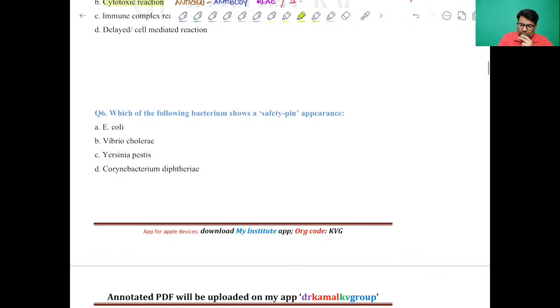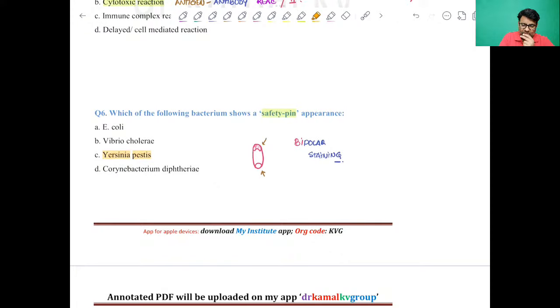Now, which of the following bacterium shows a safety pin appearance? So the safety pin is something like this. Clear? So somewhat like this. So the bacterium also shows bipolar staining. It means it shows stains at both the ends. So that is bipolar staining. And this is, out of the options, classically shown by